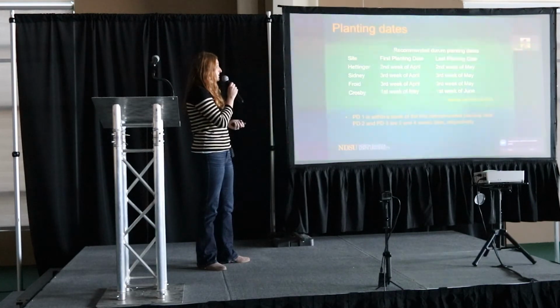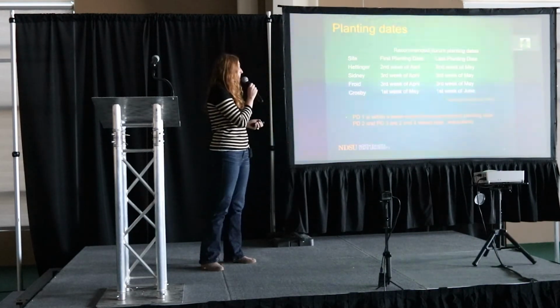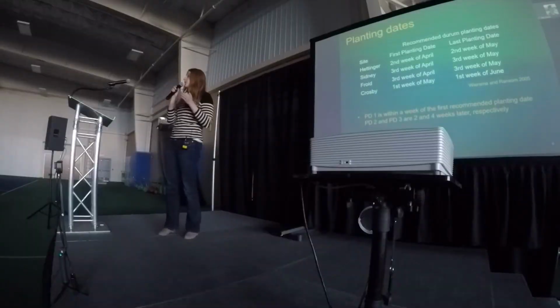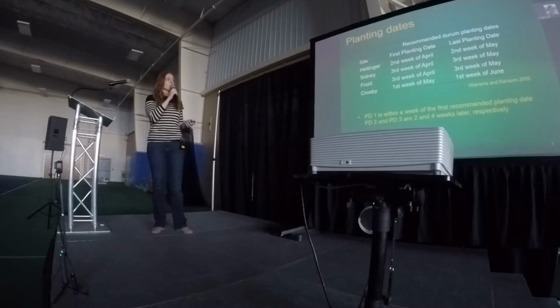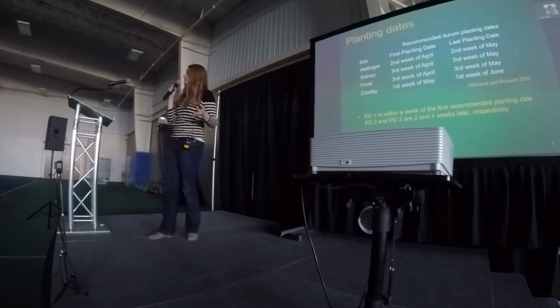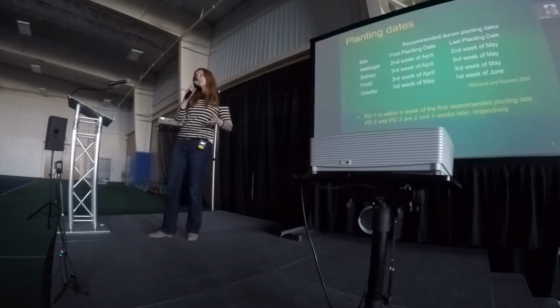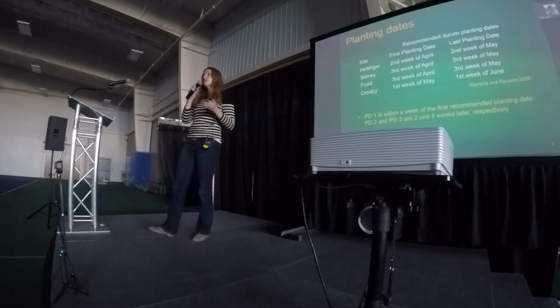Hettinger, first planting date was the second week of April, and last planting date was the second week of May. Third planting date, second week of May, and second planting date in the middle, and so on. So again, these are driven by yield, and what we found in our research was, yes, absolutely, early planting maximized yield. It varied based on rainfall, so I believe it was 2018, first and second planting day, we really didn't